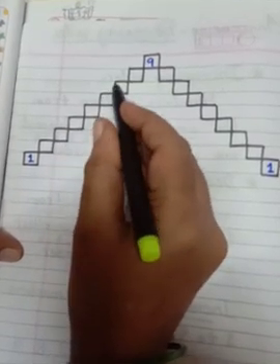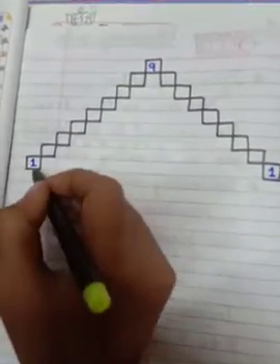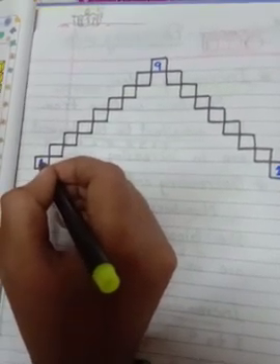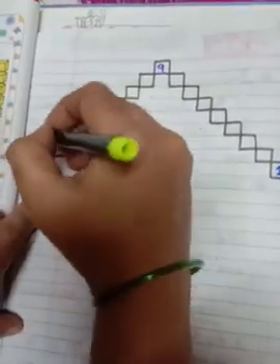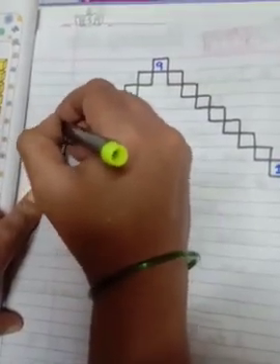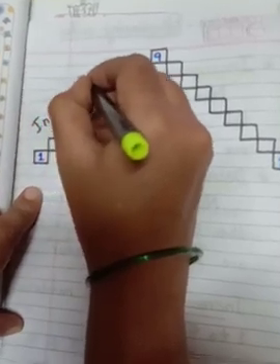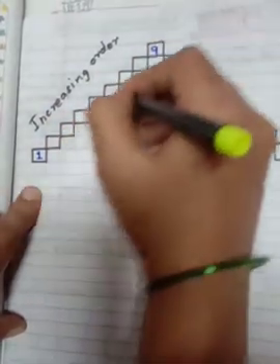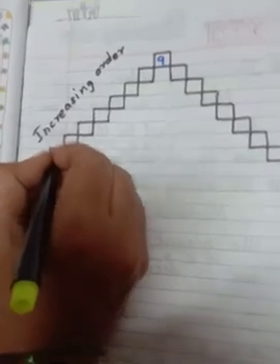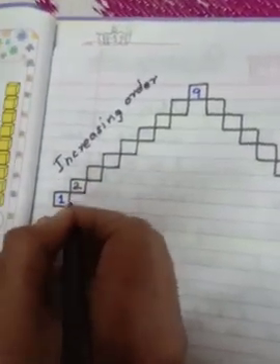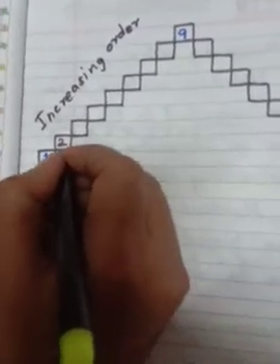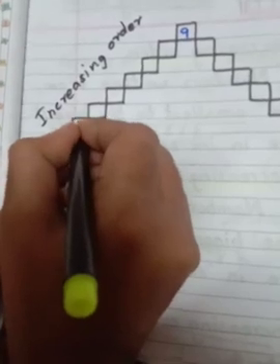In increasing order it starts from 1. Increasing order means going upward. So, 1, then 2. It increases, one number at a time. 1, then 2, 2, 3,